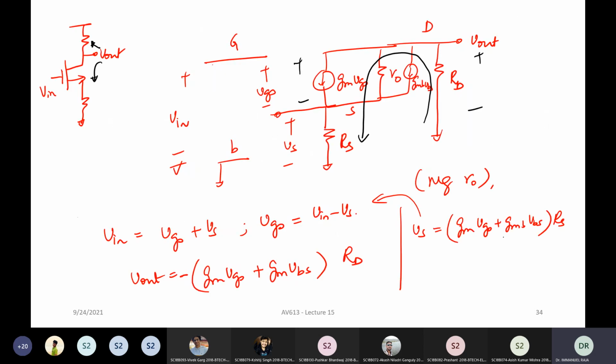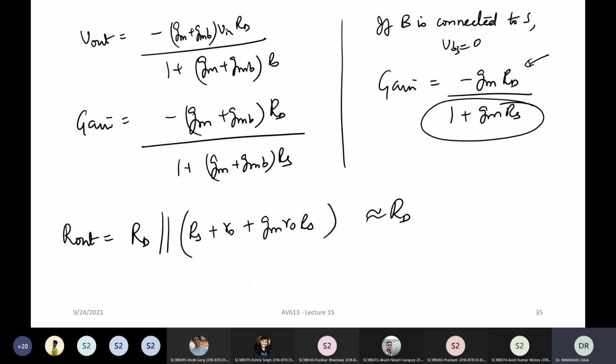Because when you have a transistor with some impedance at the source and you look at it from the drain, you get the same thing. You can prove that by doing the same small signal equivalent circuit. You can put a test voltage source, measure the current, and you will find the same thing. In the derivation we did for the cascode current mirror, we had a transistor with R0 alone here, and it ends up being the same small signal equivalent circuit. So RS plus R0 plus GM R0 times RS is your output impedance. In the same way you can calculate bandwidth, noise and other things.